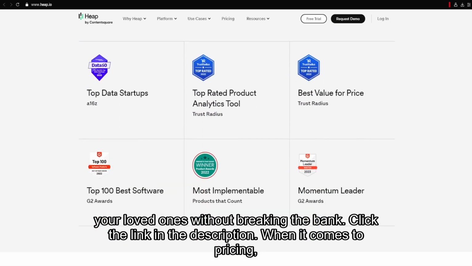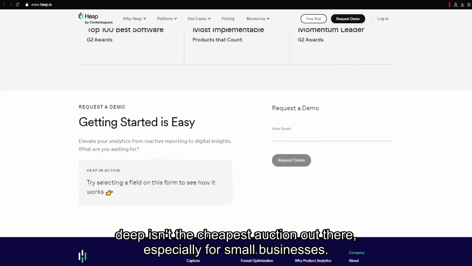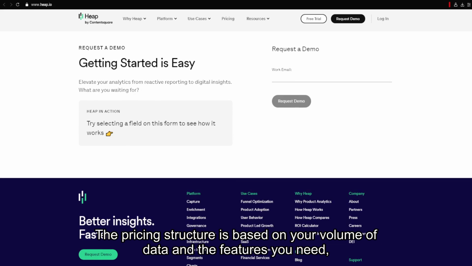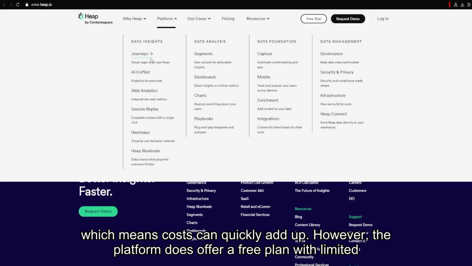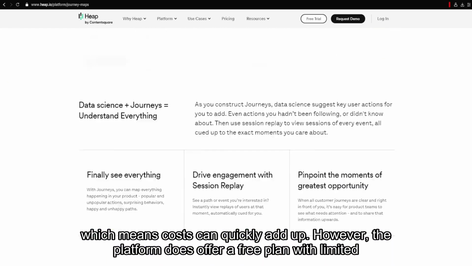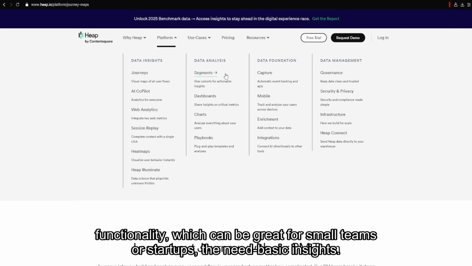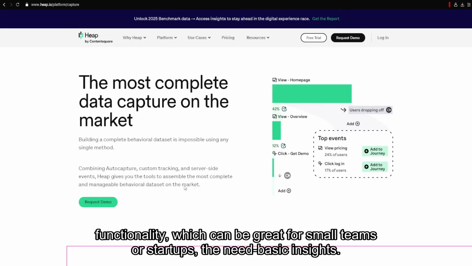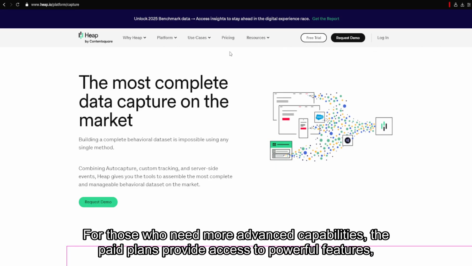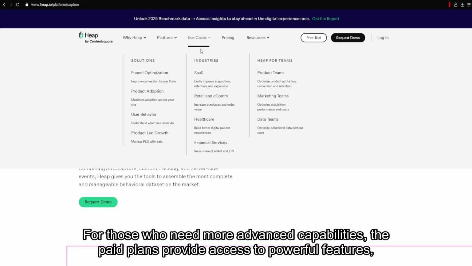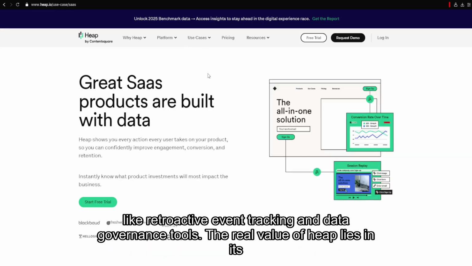When it comes to pricing, Heap isn't the cheapest option out there, especially for small businesses. The pricing structure is based on your volume of data and the features you need, which means costs can quickly add up. However, the platform does offer a free plan with limited functionality, which can be great for small teams or startups that need basic insights. For those who need more advanced capabilities, the paid plans provide access to powerful features like retroactive event tracking and